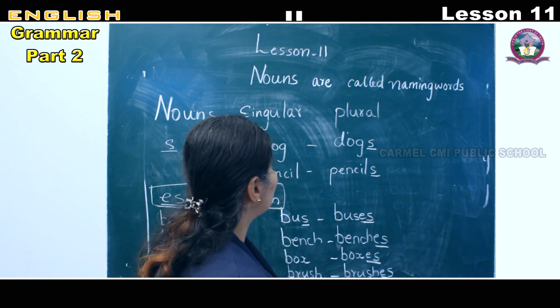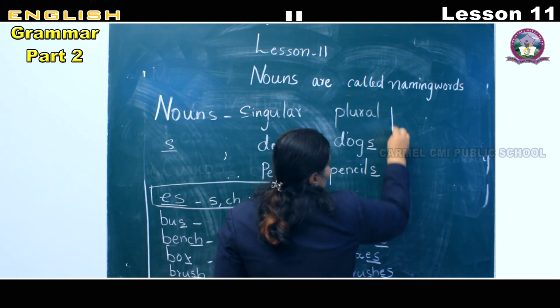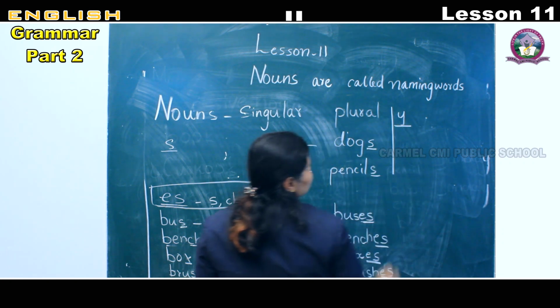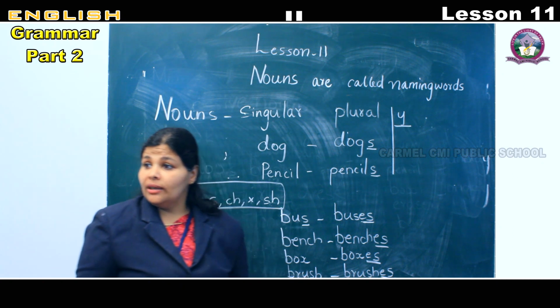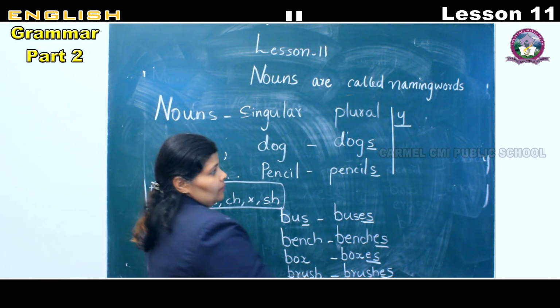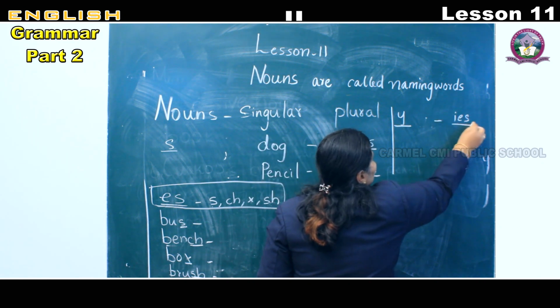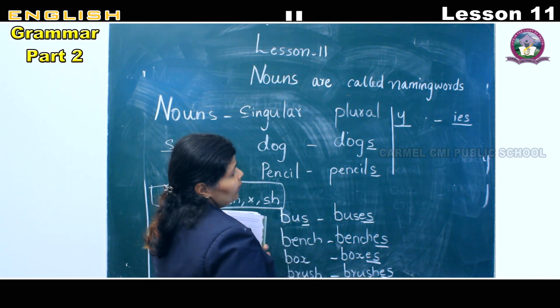Y. Words ending with Y. Words ending with Y, to make it into plural, we add IES. We add IES. Now, for example,